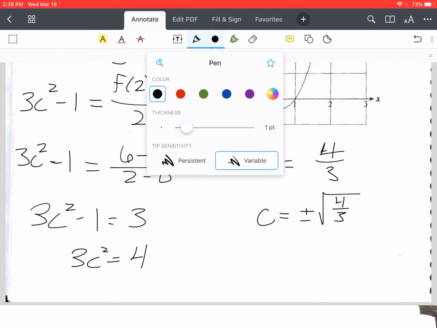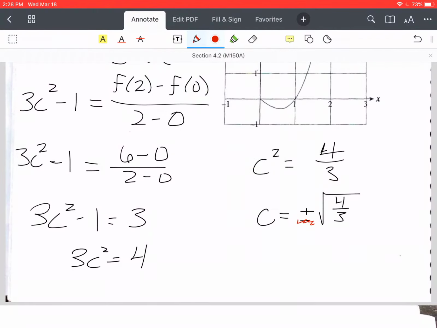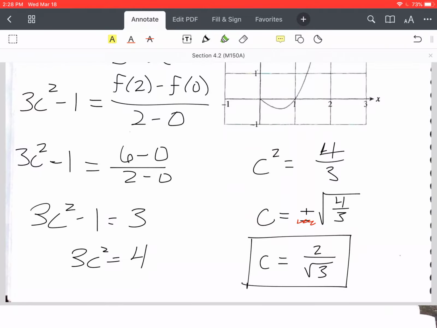We can go ahead and reject the negative case because it has to be in the interval from 0 to 2. Okay, so we get c equals, go ahead and take the root of the 4, so 2 over root 3. And that would be the c value, where the slope of the tangent is equal to the average rate of